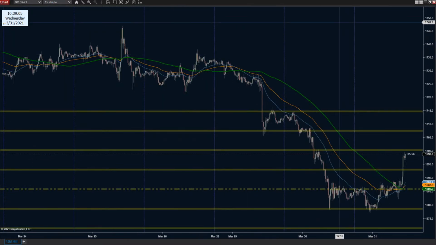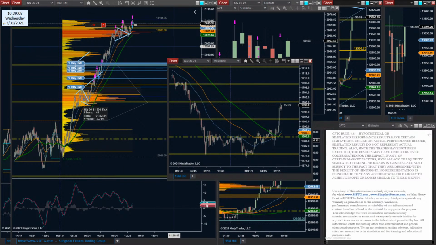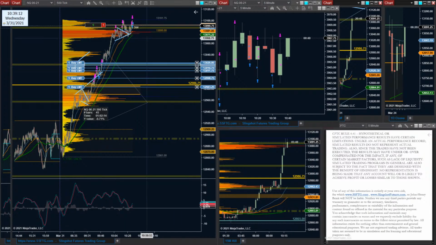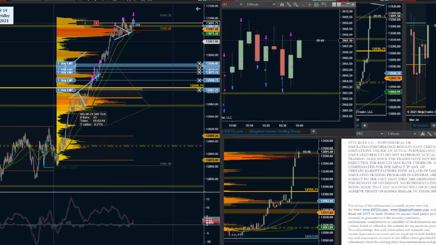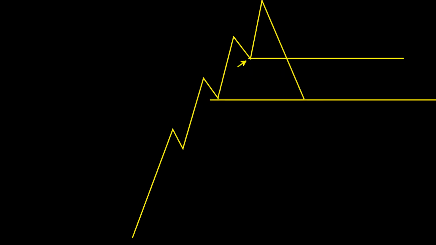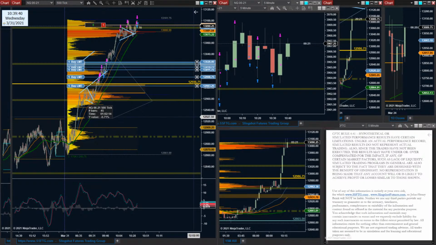My favorite ones, the ones that I like paying attention to the most, and the one that I'm kind of looking for on the NASDAQ, is going to be like this, where you've got this really strong rally up, got an L1 pullback, rally, L1 pullback, rally, L1 pullback, rally. Finally dips down, we get the L2. And that L2 happens to be around in between the previous two major swings. That's when it's really perfect. Then you can get a nice little zone of interest out of there, but it doesn't always happen that way.